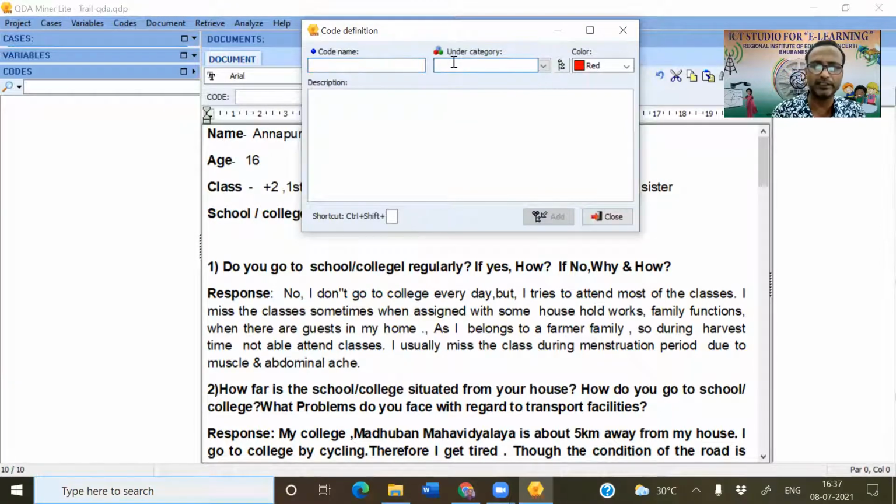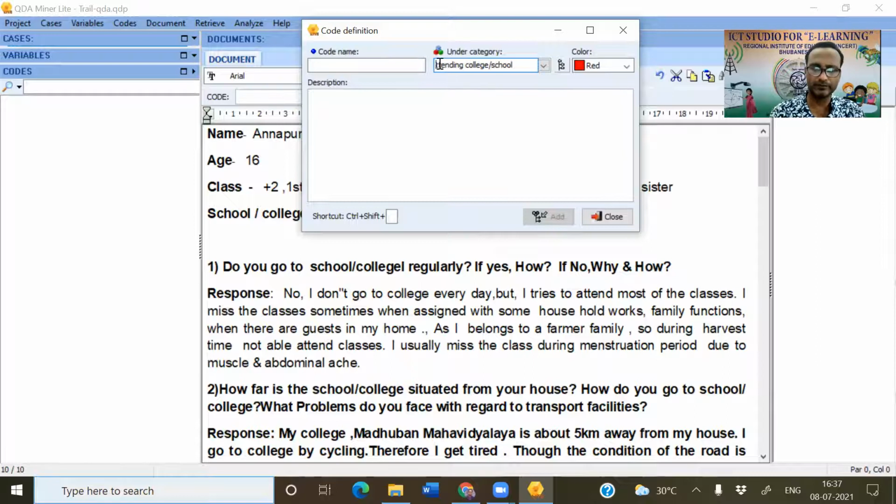Suppose here the category is attending college or school. This is a category. I have written one category: attending school or college.